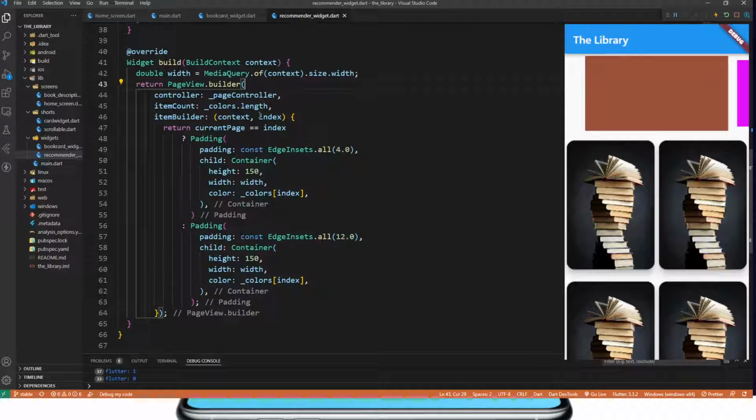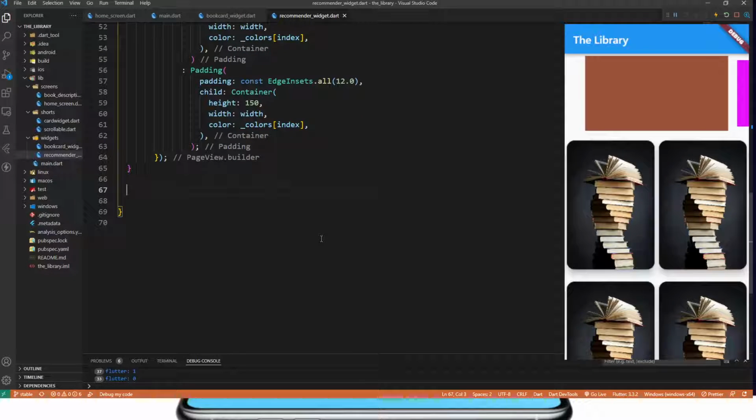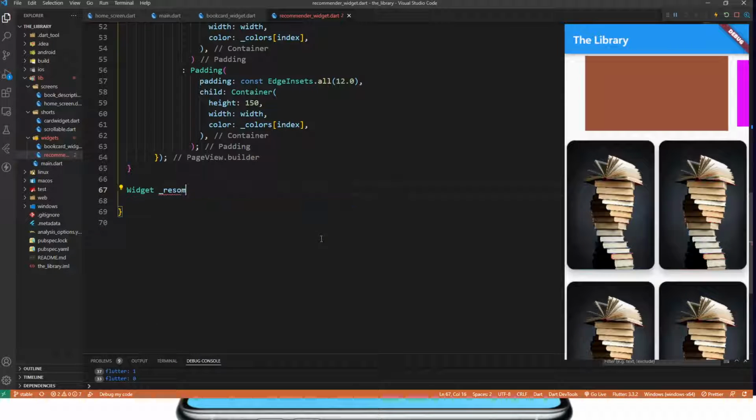So here after the build, let's create a new widget. We'll be calling this in the form of a widget. So let's create a function called recommender widget, and we'll be returning this. So what we want is a container,